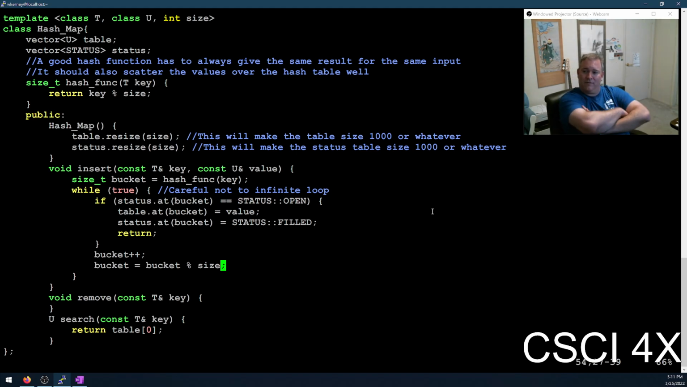Okay, and so this code will work just fine unless the hash table is full, in which case it will infinite loop. Okay. So this is going to go one bucket at a time, to the right, to the right, to the right, until it finds an open spot. When it finds the open spot, it writes it in, returns. If the hash table is full, yep. So what we could do is